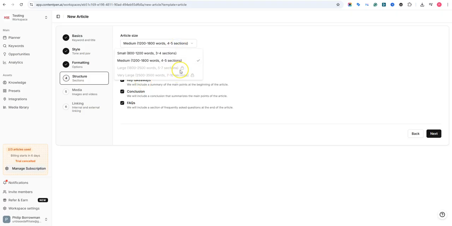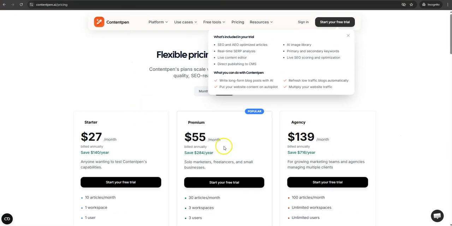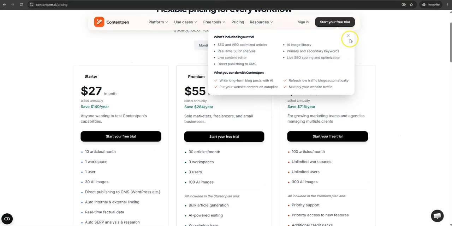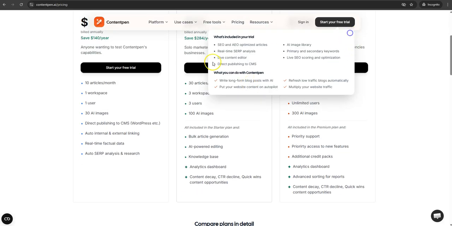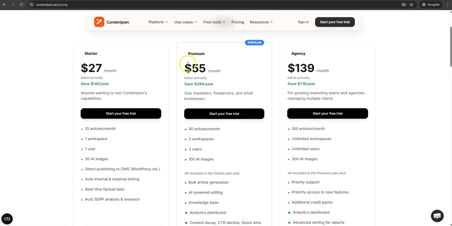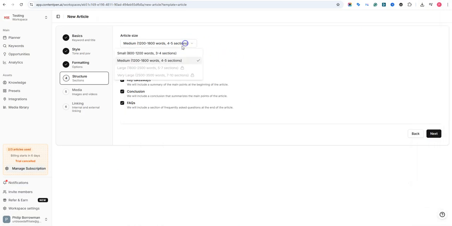Now here's the first problem. Currently I'm on trial, but my trial is for the medium plan, the premium plan, which you can see here is $55. Okay, hang on, let's close that. Here you go. So you can see it's $55, and for $55, you cannot create an article longer than 1,800 words, which is not fantastic, I must admit,